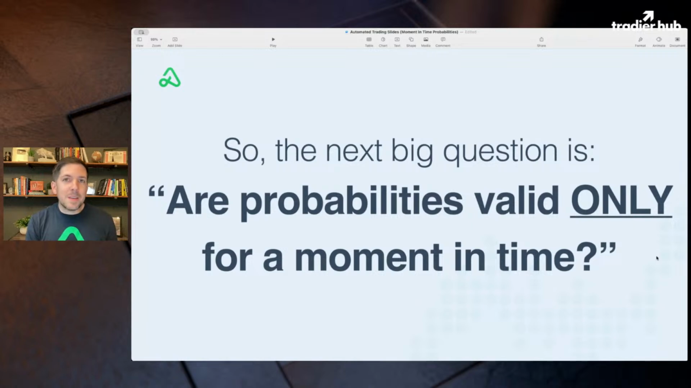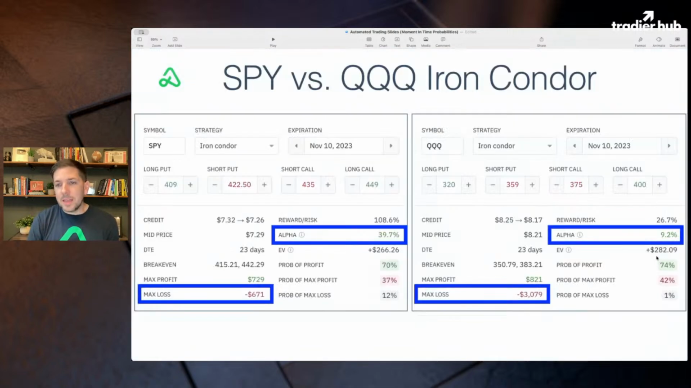Today's episode really should be the next big question that you're starting to ask yourself, or I hope you're asking, in this series of data and math and probabilities around options. And this question is, are probabilities valid only for a moment in time? People call this the moment in time problem. Basically, if we're looking at a potential trade where it says the probability of profit, or the probability of max profit, or the probability of max loss, all these probabilities, are those probabilities only there for a moment in time,